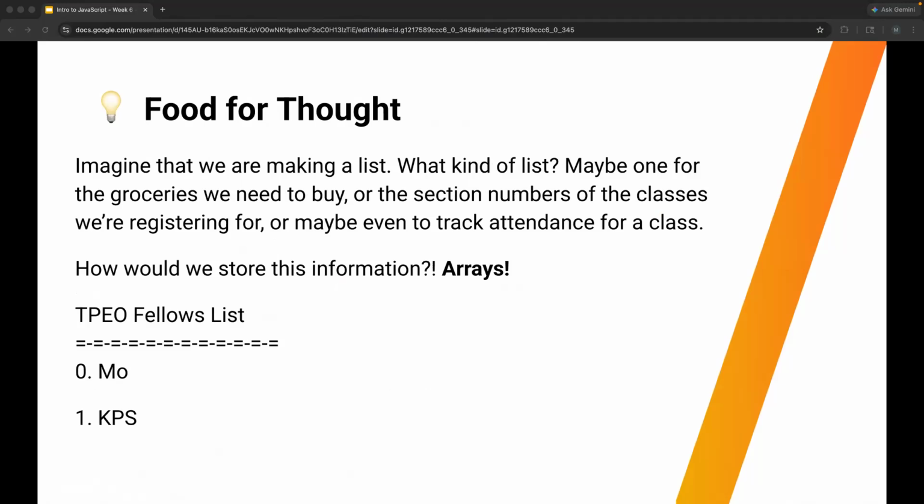Okay, moving on a little bit, just imagine that you want to make a list of something, like a to-do list or a grocery list or anything like that. If you want a list when you're writing code, the best way that we store this information is